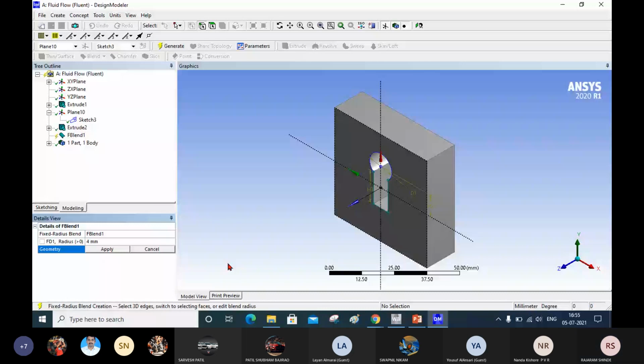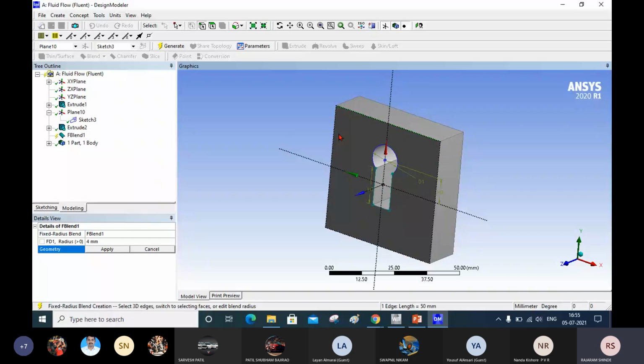You select the first edge, then press the control button, select the second edge, again press the control button, select the third edge, press the control button, and select the fourth edge. That means you have to press and hold the control button for selecting all 4 edges.